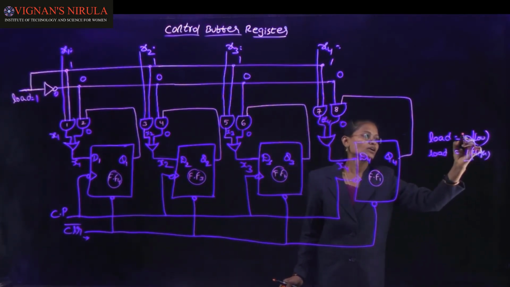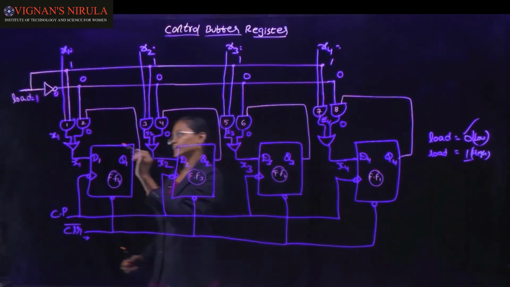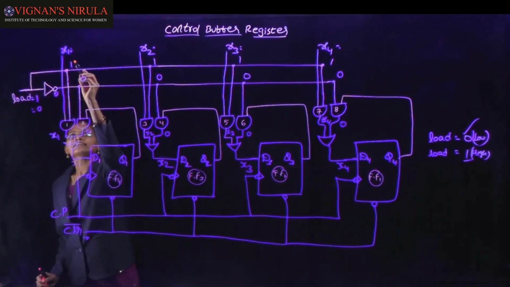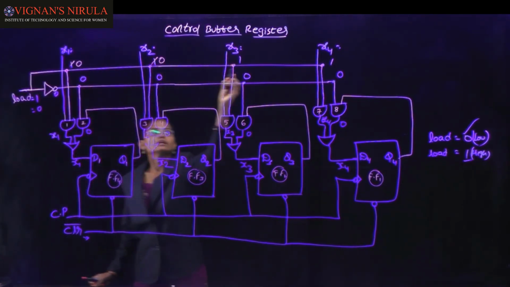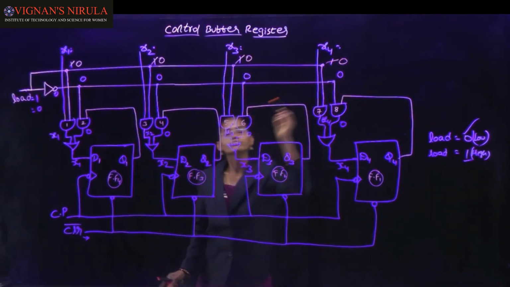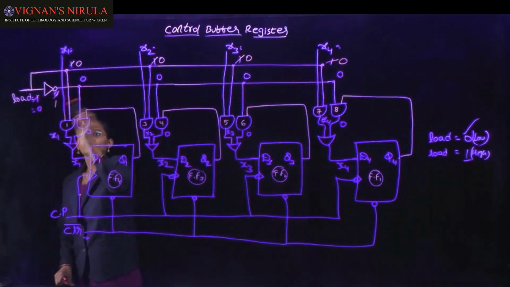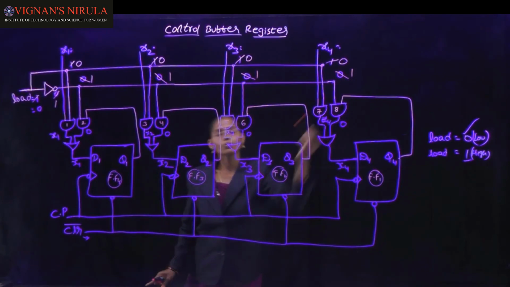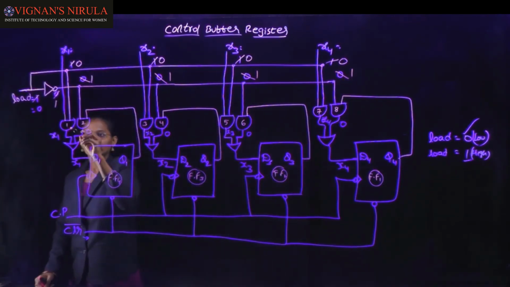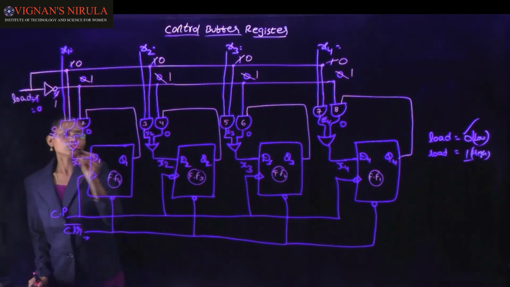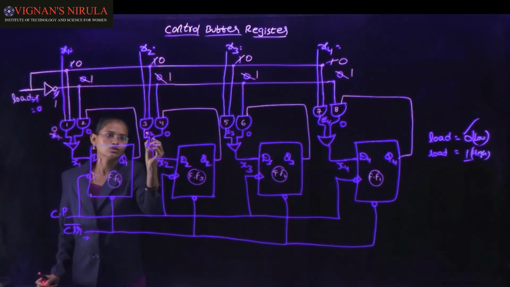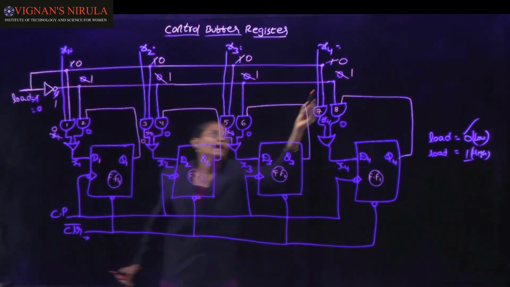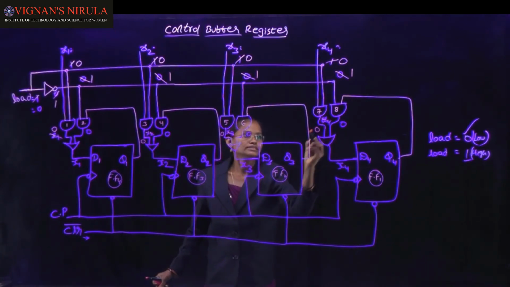And next see the load is 0. This 0 is connected to the direct line 0, 0, 0 and 0. And the inverter is 1. This is 1 and this is 1 and this is 1 and this one also 1. If any of the input is 0, then first AND gate output is also 0 and here 0 into x2 is 0 and 0 into x3 is 0 and 0 into x4 is also 0.